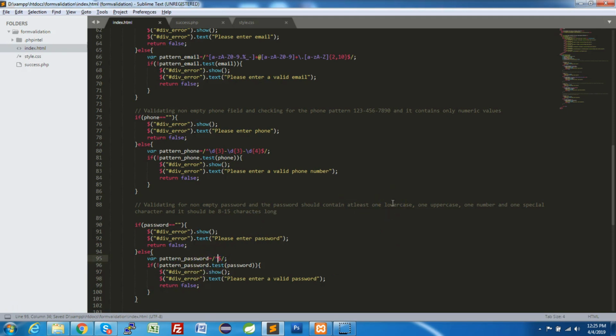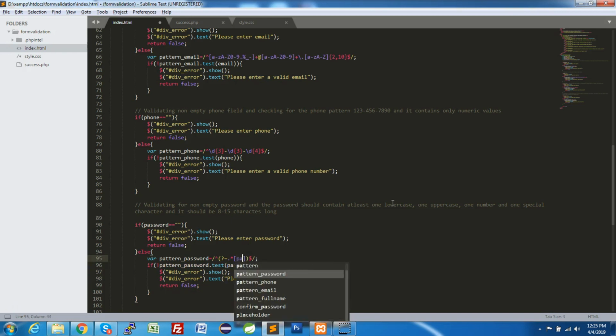So what we are going to do here is that we are going to check for at least one special character. So in order to represent at least in regular expression, you need to write question mark equal to dot star. This represents at least, and you close. Within this you write your pattern. So we need